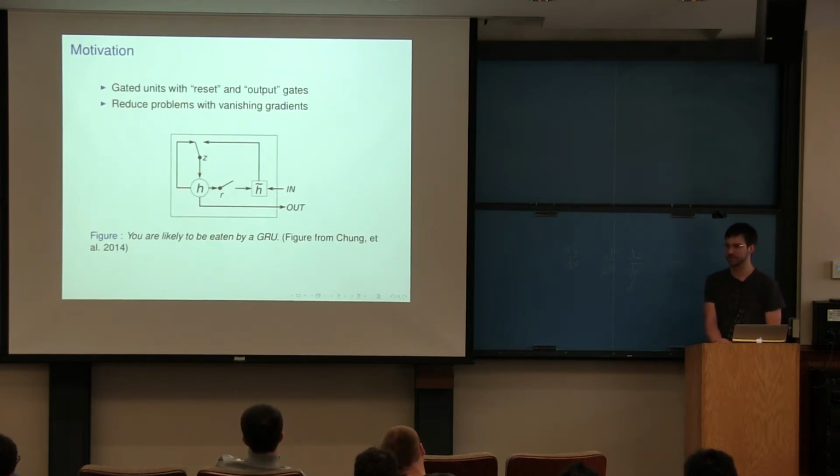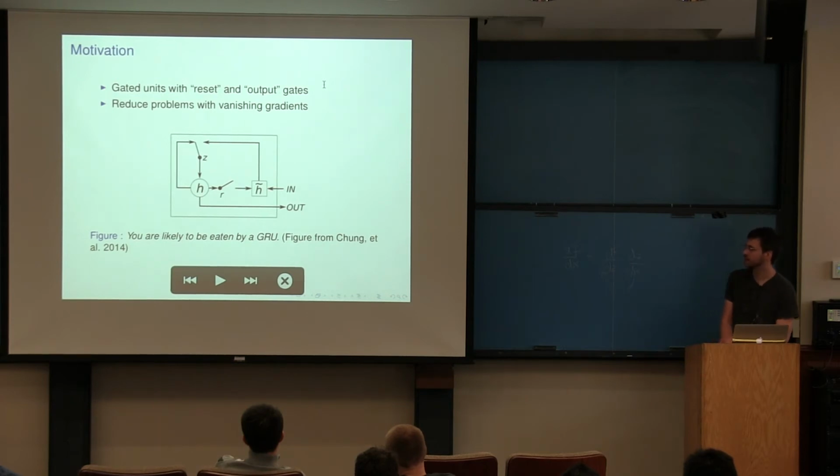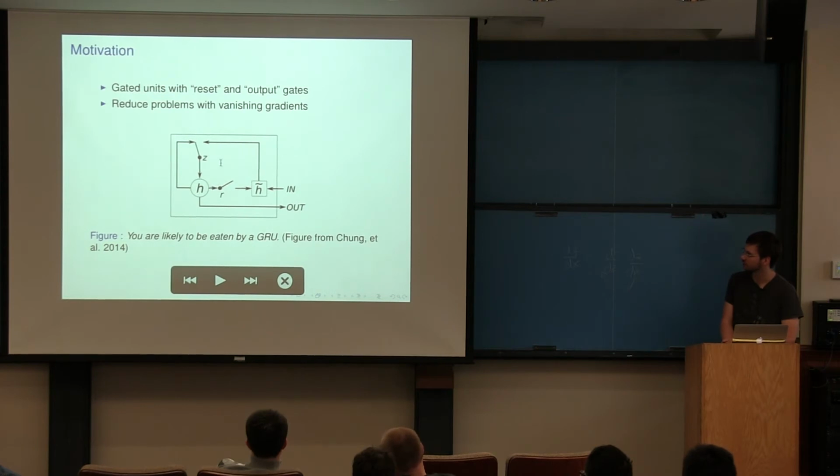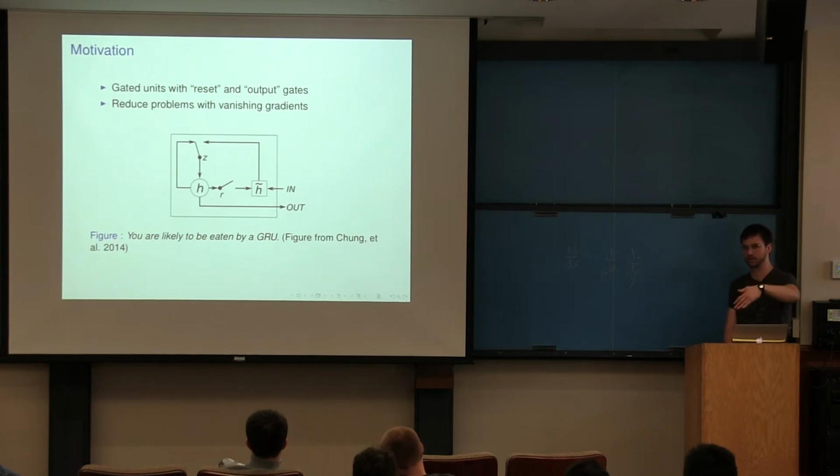The simpler of the two examples, we're not going to worry about LSTMs, is a GRU. These are gated recurrent units, and the idea is that one of these replaces the simple affine hidden unit that you had before. The input here is your data xt and the previous hidden layer, and the output is the value of that hidden layer. You can think of this as fitting into your network architecture as a black box, but inside it has some interesting internal structure. It has reset gates and an output gate, and that lets it decide whether it wants to take into account new inputs or throw out the old memory.